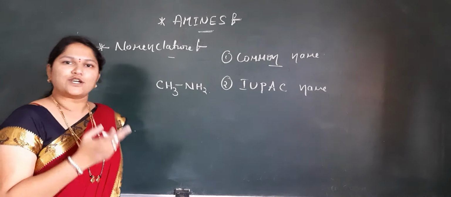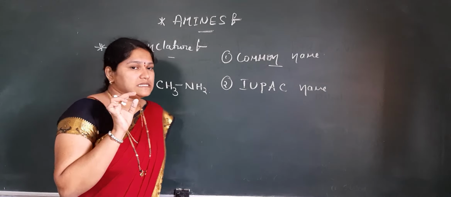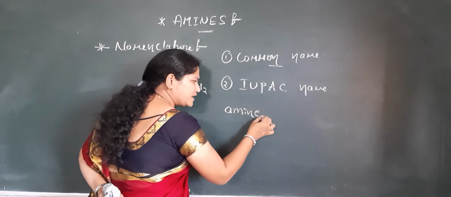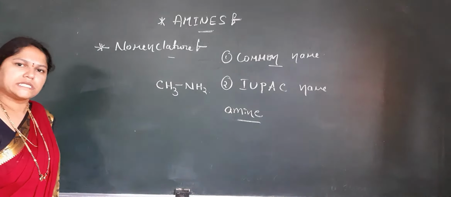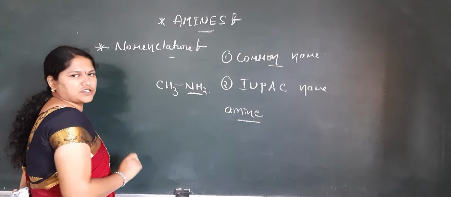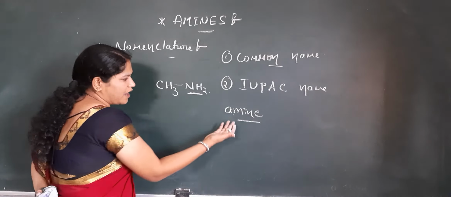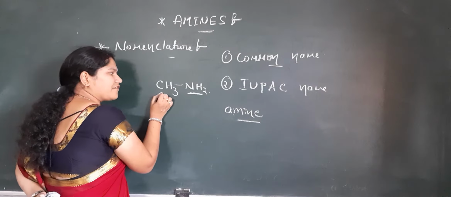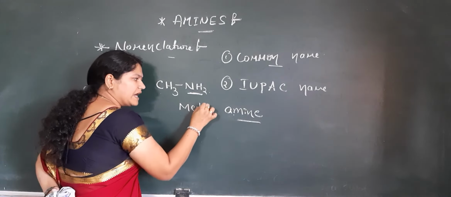In both the cases, in common name as well as in IUPAC name, we have to add amine as a suffix here. What do we add as suffix? AMINE. Amine should be added as a suffix while writing the name according to IUPAC or according to common name. Since this functional group is known as amine functional group, we must add amine as the suffix. After the root word we have to add amine as a suffix by the replacement of e. Since the total number of carbon atoms present in the molecule is only one, it represents meth,